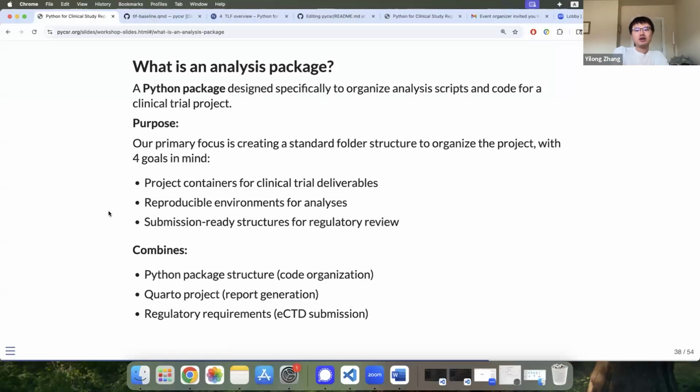For an analysis package in a clinical trial, we definitely expect there's some internal package being developed by an organization. And we also expect a few Quarto files that store the analysis code like we just shared. And in the end, once you have this analysis package, how to summarize and package it together into an eCTD package. That's what Nan will share in the last section, right?